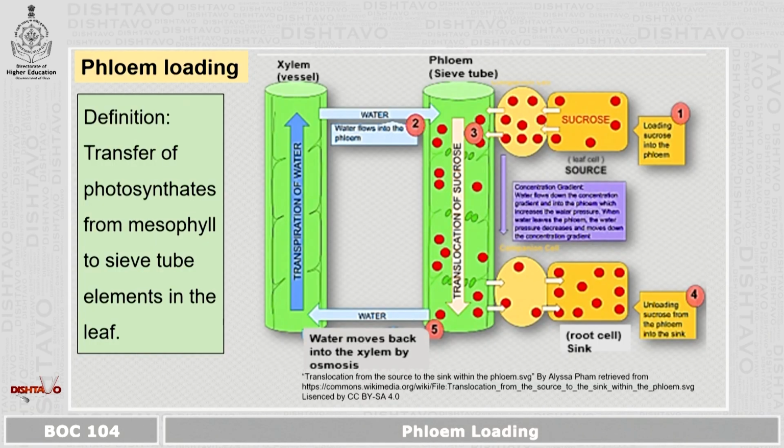So the topic phloem loading we will be starting now. Before going into this topic, some introduction of phloem loading. Phloem loading deals with the loading of the sugars or the photosynthates, whereas the xylem deals with the transport of water molecules. In phloem, the transport can be either downwards, radial or upward. Here we are dealing only with the downward movement of the transfer.